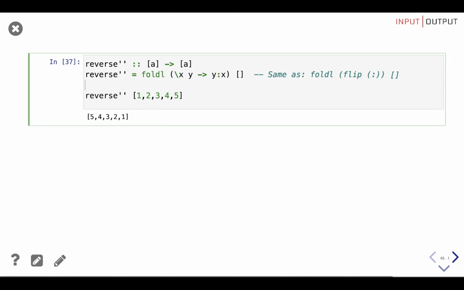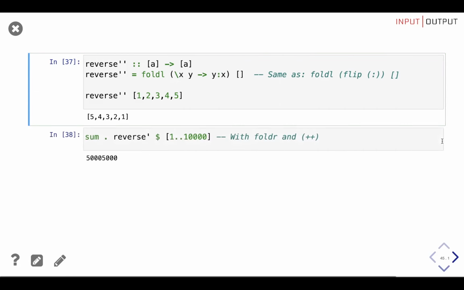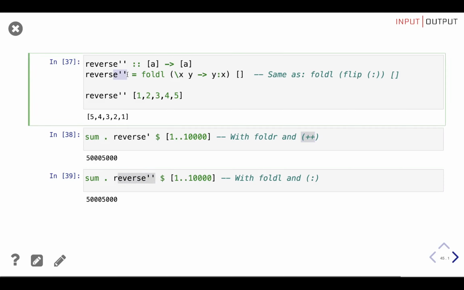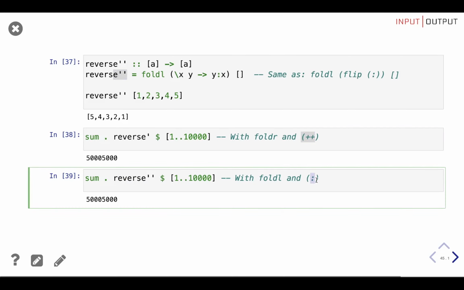Now we can compare the speed of the two functions by reversing a list, for example, from 1 to 10,000. I will provide these two blocks of code where we use reverse prime that we created using foldr and the concatenator, and the reverse that we just defined right here with foldl and the cons operator, and I sum the results so you don't get a long list of elements. If you run these two cells separately, you'll see the difference. And also you will see even more difference if you add 1 or 2 zeros to the number at the end of the list. This is an impressive improvement,